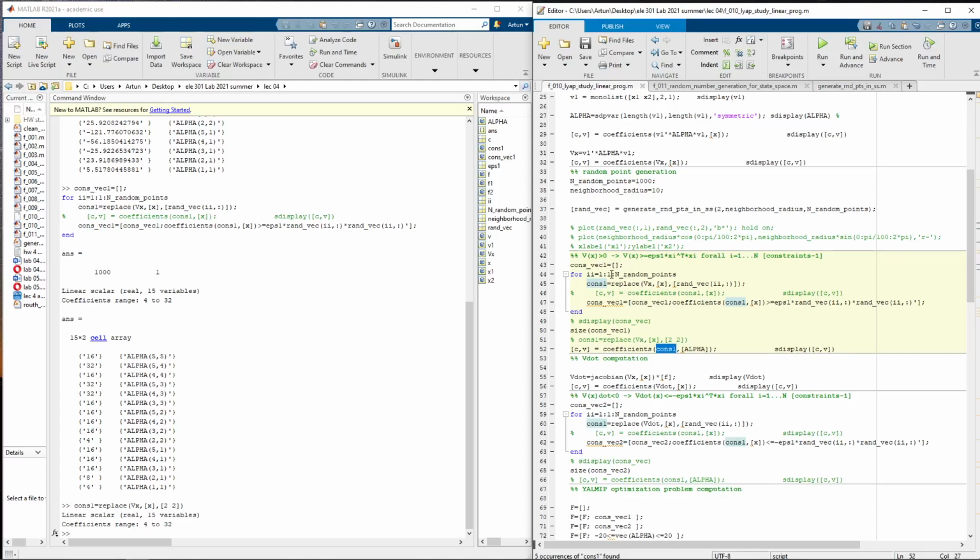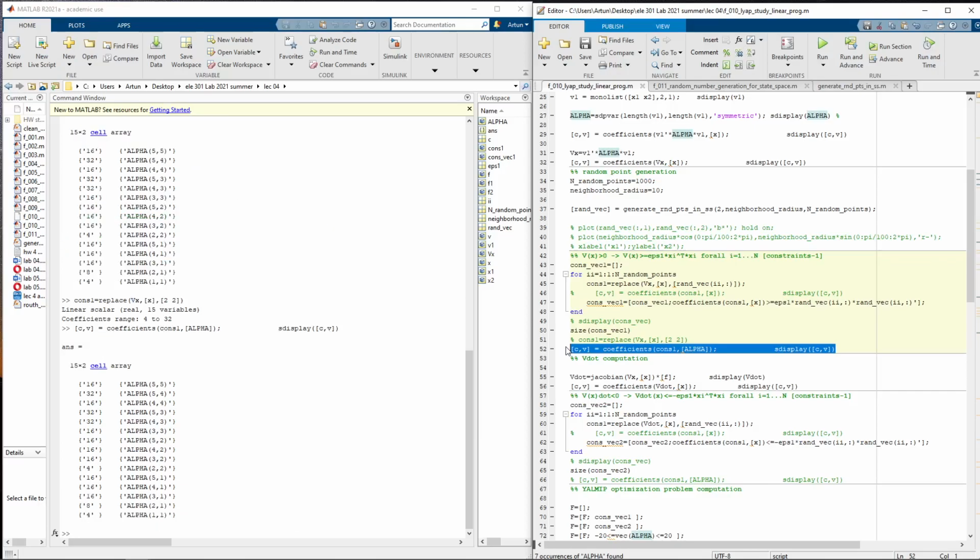For example, I equals 1000 constraint, right? Alpha. Okay, let's run that. All right, we just run the section, right? And we just look at the